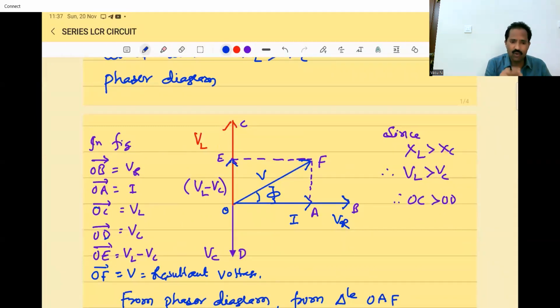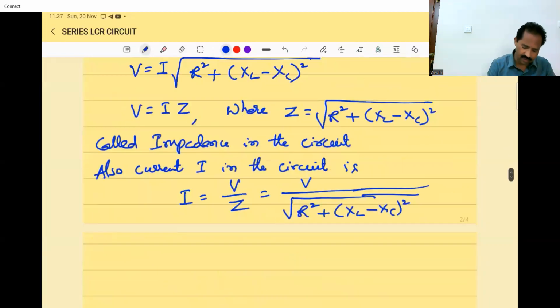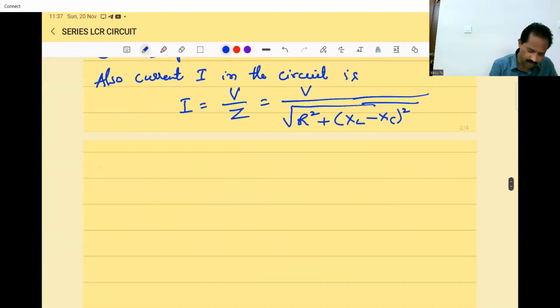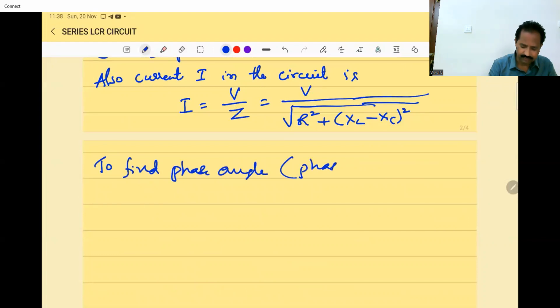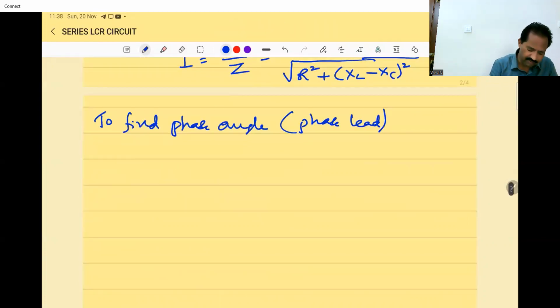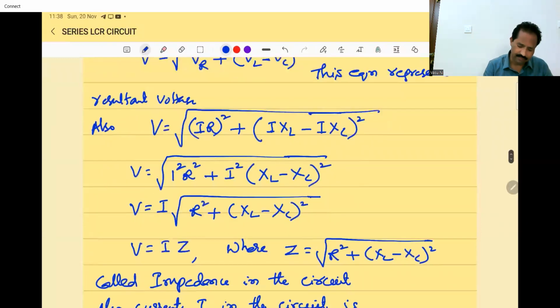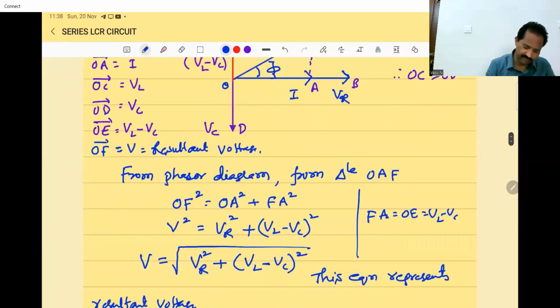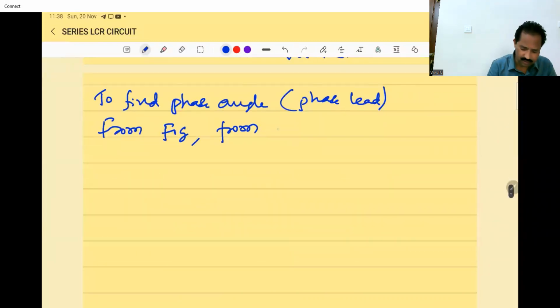From right angle triangle OAF, to find the phase angle, which is also called phase lead, because voltage is leading. From the diagram, from triangle OAF,